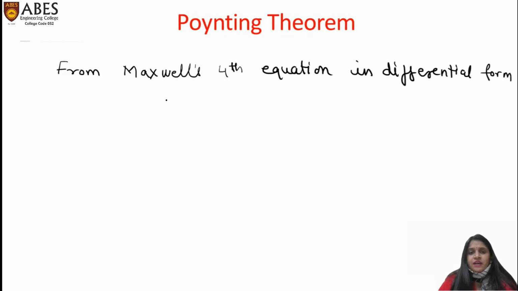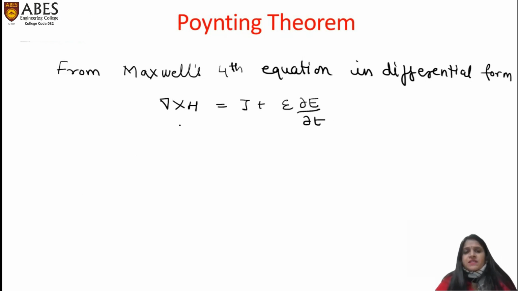So let us write down Maxwell's fourth equation, that is del cross H is equal to J plus epsilon del E by del T. We have written this Maxwell's fourth equation in differential form. And because now we are not just talking about free space, it can be a medium, so we are not taking epsilon naught, we are taking epsilon. So the first step to remember to derive Poynting theorem is taking